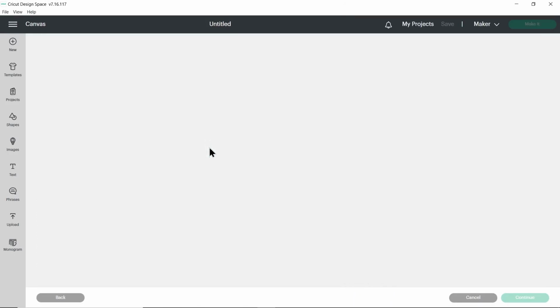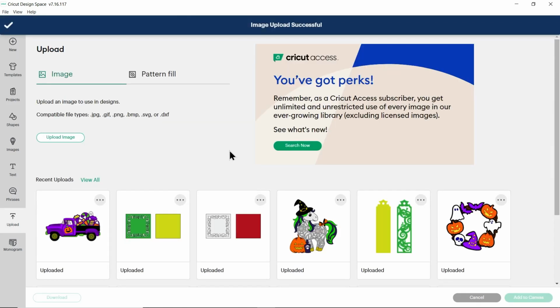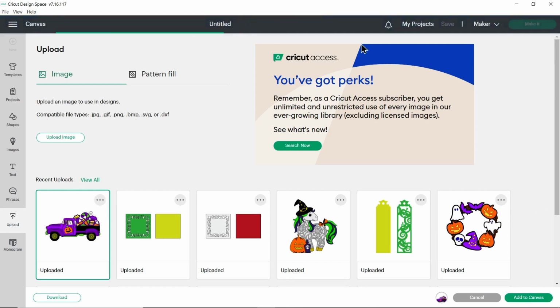Okay, drag that SVG in, and then it will appear like this with all of the layers one on top of the other. If yours looks different and you can see all the layers next to each other instead, that means you've accidentally uploaded the wrong file type. So if that's the case, click Cancel and then try again, and make sure you choose the one which starts SVG. When it looks like this, press Upload on the bottom right, and then when this screen loads, click on the truck to get the little green border, and then press Add to Canvas.